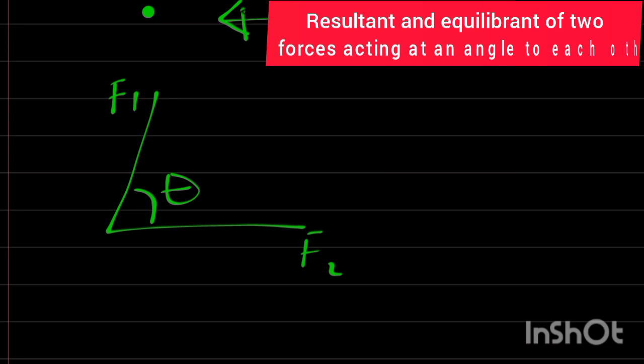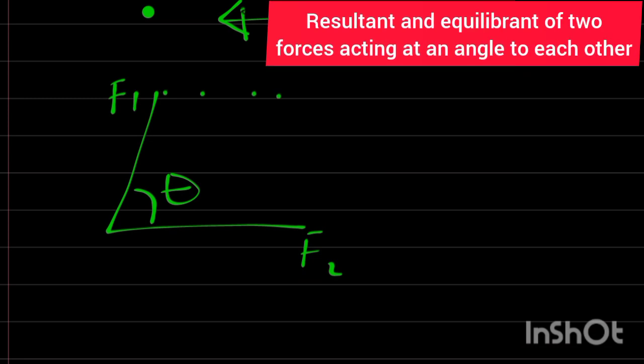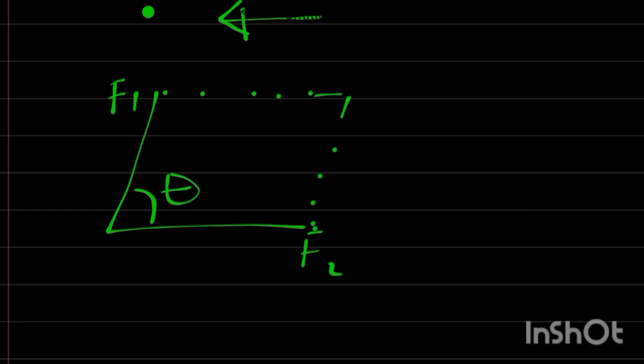So whenever you have this, all you have to do is complete the system to make what is called a parallelogram. And then you draw a line from the common point of the two forces. So this is my F2 here, while here is F1. Okay, in a parallelogram, opposite sides are equal and parallel. Therefore, if this side is F1, here will be